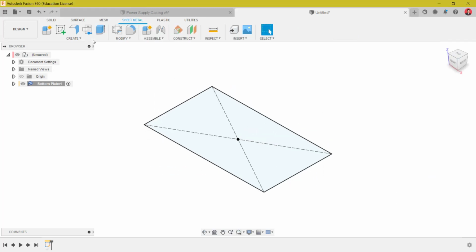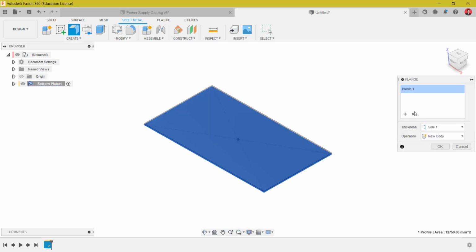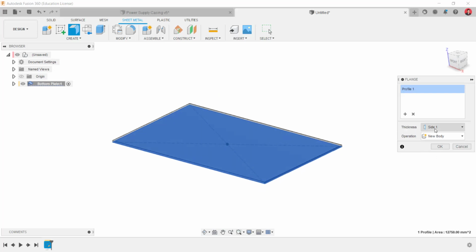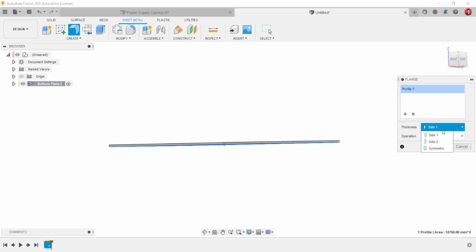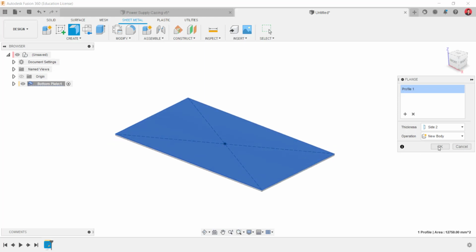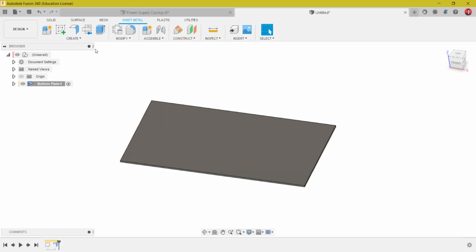Okay, use the flange to make the sheet metal plate, and the operation will be new body. Okay, for the thickness side you can choose one side or side two, up and down, and also the midpoint. But in this case, I will use the side up option. Create a flange